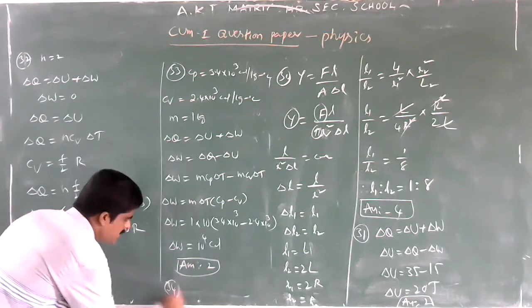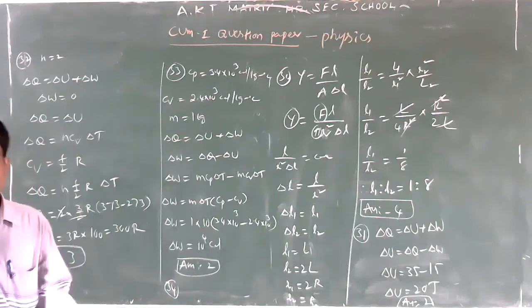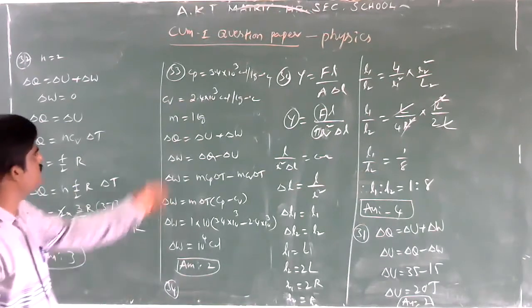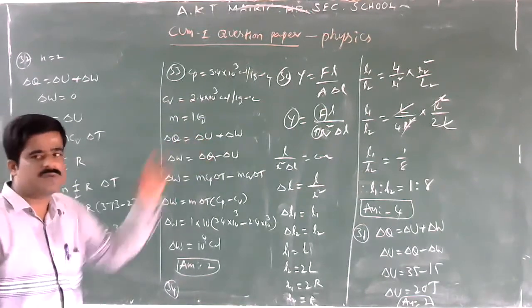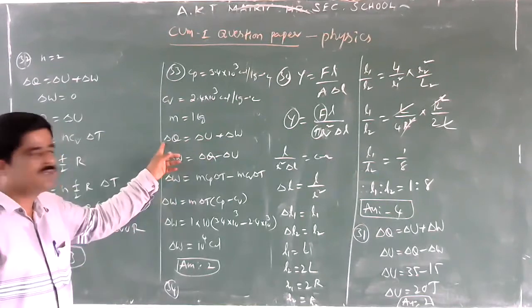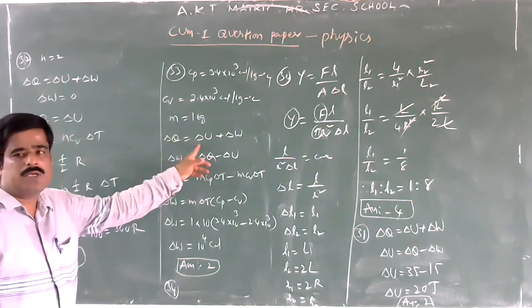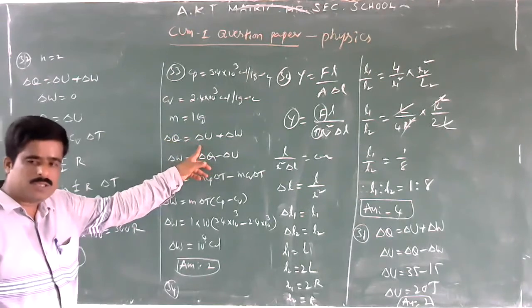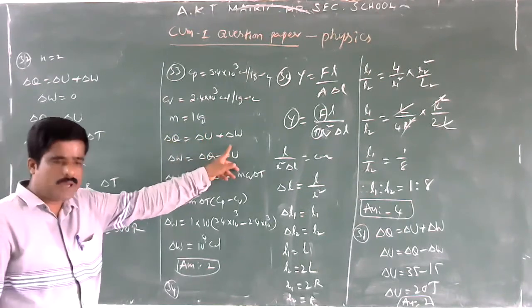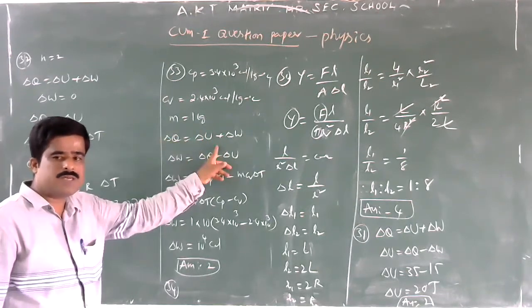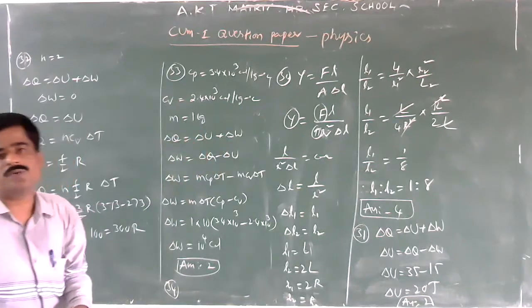First law of thermodynamics is a special case of the law of conservation of energy. Why? Because this equation is the mathematics of the first law of thermodynamics. The amount of heat is given; a part of the heat is utilized to increase internal energy, and the remaining part to do work. So the total energy remains constant. So it leads to the law of conservation of energy.